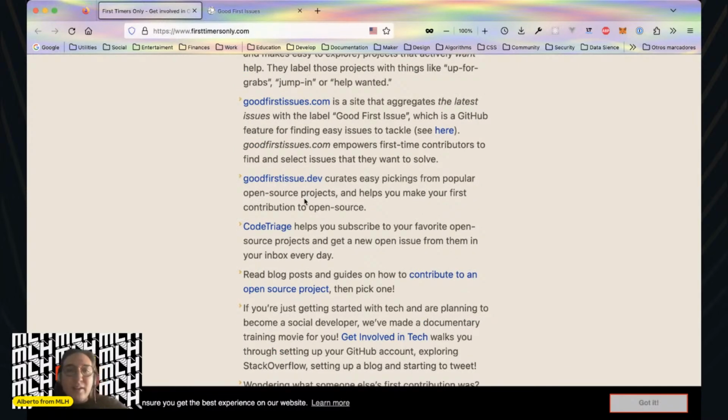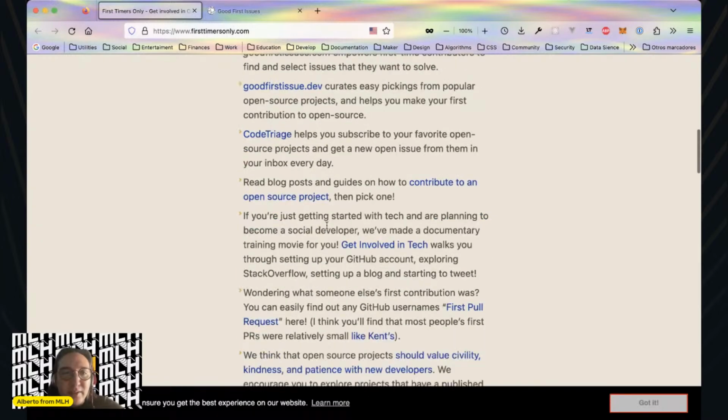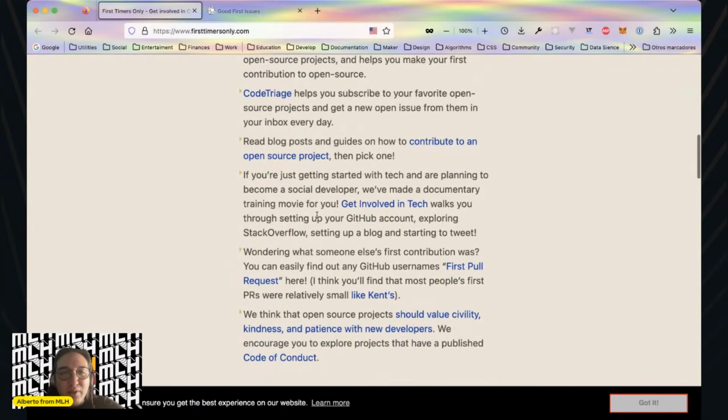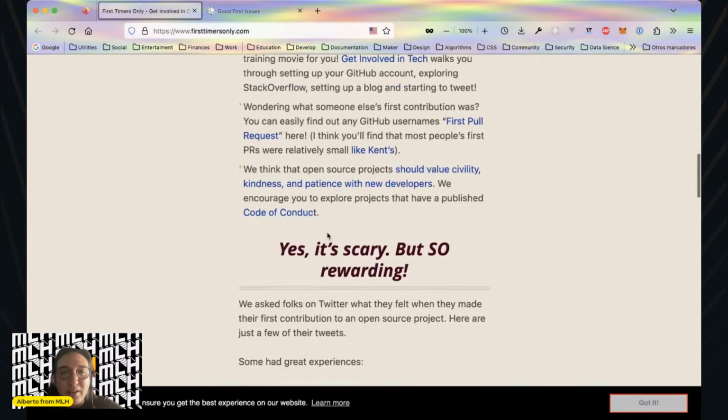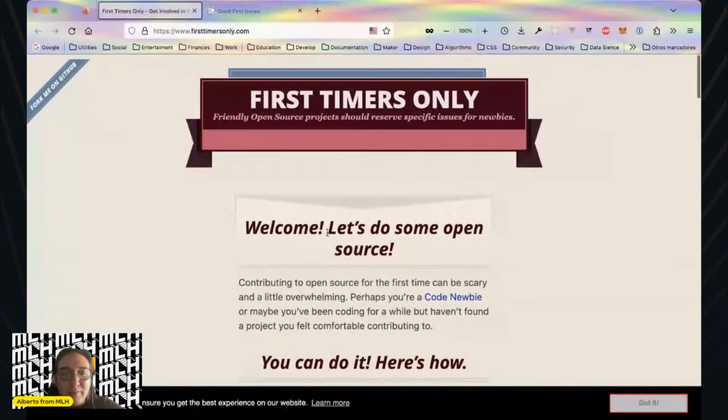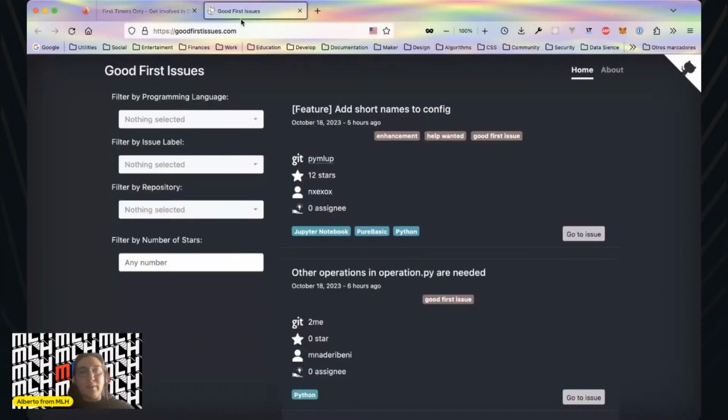Code Triage, reading blog posts. If you're just getting started with tech, get involved. Okay, from this, we are going to use Good First Issues. Again, I will copy and share with you the link.